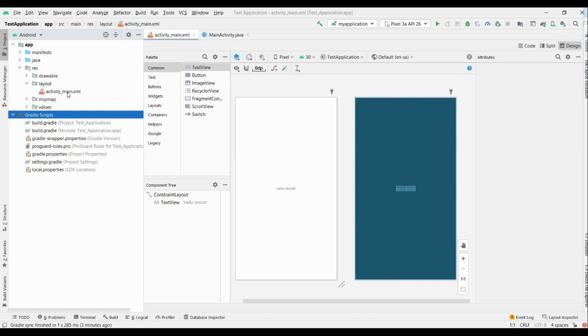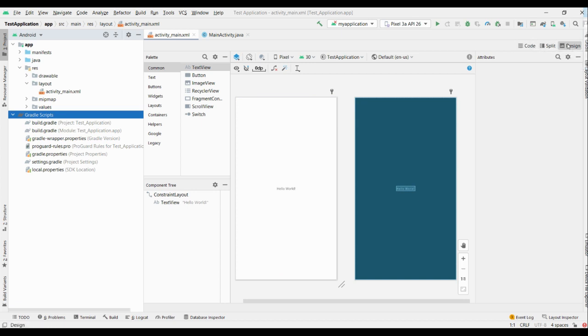If you see here activity_main. So this is one of the layouts, and in layout, we see a couple of sections like palette, component tree, and this is what we call a design area. And here we see attributes for the individual UI components, and we see code, split, and design.